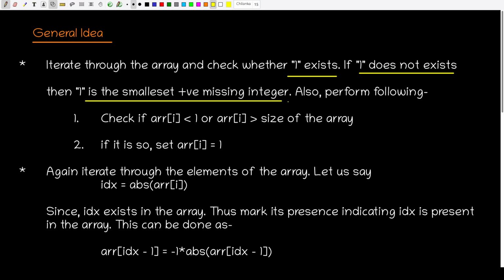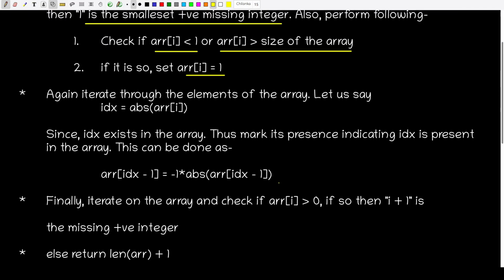Also, while iterating the elements of the array, we are also going to check whether the current element is less than 1 or it is greater than the size of the array. If so, then we are going to set that particular value equal to 1, since these values are exceeding the boundaries of the array. And after doing so, again we are going to iterate on the elements of the array,